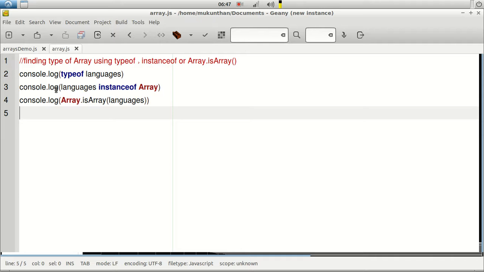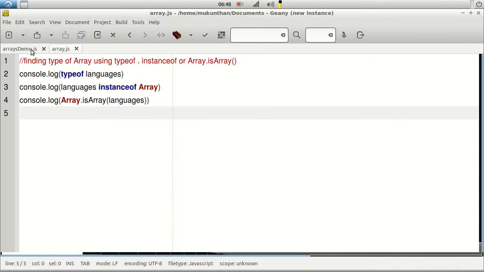But in order to understand whether it is an array or not, you can use the instanceof keyword. The instanceof keyword is specially used for classes. Let's say if the object is of the type of a specific class, you will get true, otherwise false. In the latest ECMAScript, you have the Array.isArray method. If you pass that object or element, if it is of type array, it will give true. So these are the 3 ways you can check whether it is an array or not. But with the first way, you cannot identify whether it's an array, because you get object.